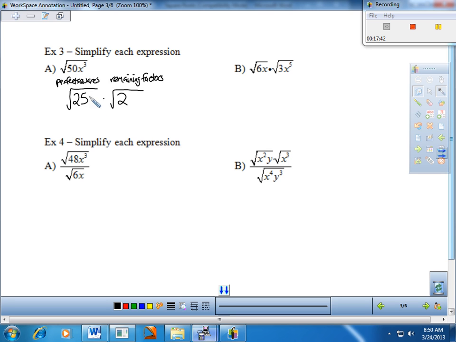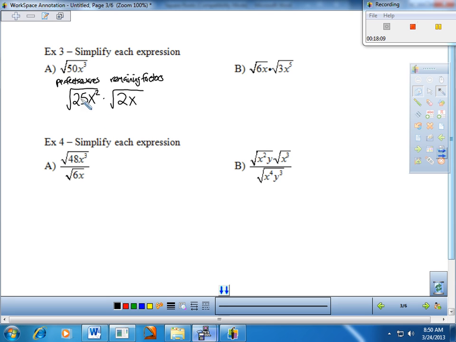Well, according to that list, I believe x squared goes into x cubed. And so the question, of course, is x squared times what would give me x cubed? Well, the remaining factor would be x to the first. And so there are some ways to play around with this a little bit, but the bottom line